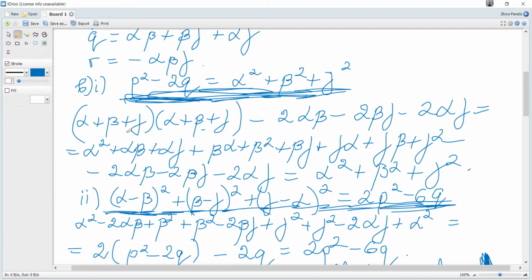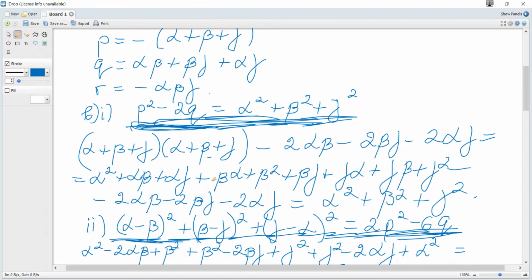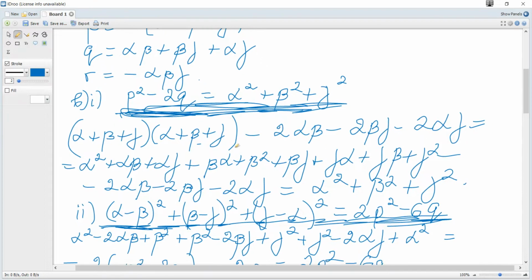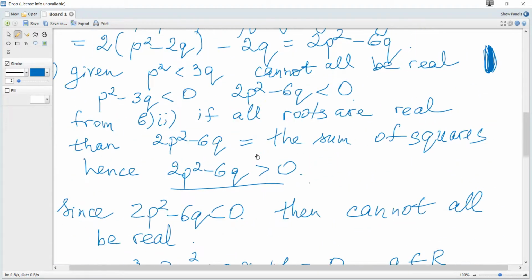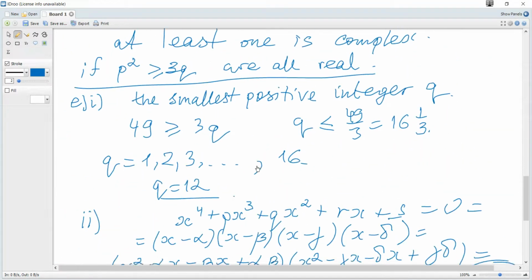We considered p squared, or actually it was required to show that it's true. Okay, so let's